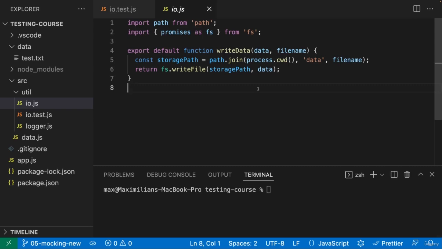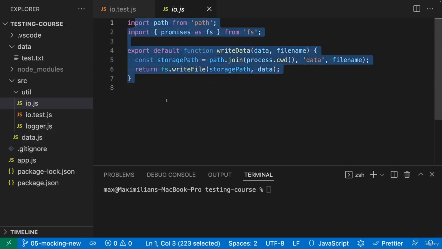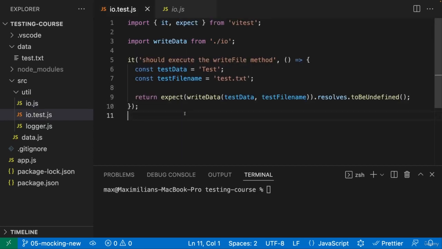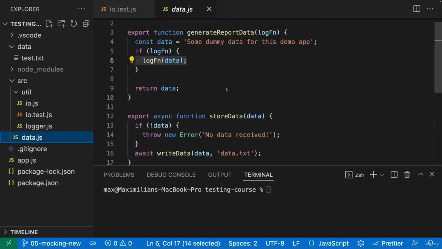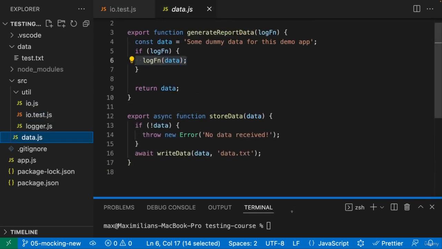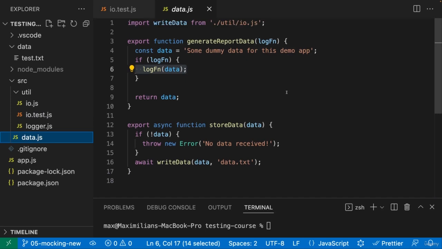Now, to dive into spies and mocks, I will actually start with spies. For this, I'll not focus on this code right now, here in io.js or io.test.js. We'll get back to it later instead, but I want to focus on data.js. Here we have another scenario where we care about whether some function is called, or where we might care about